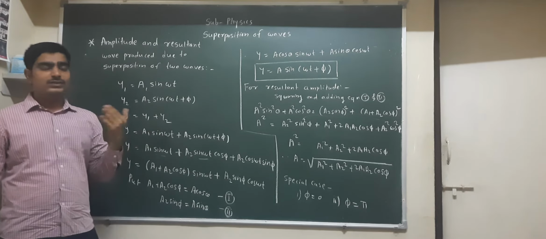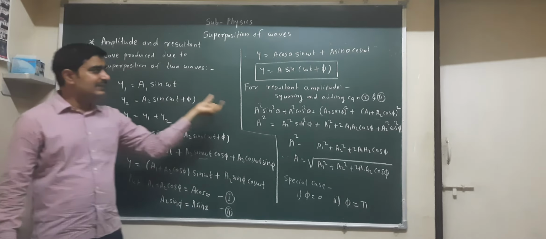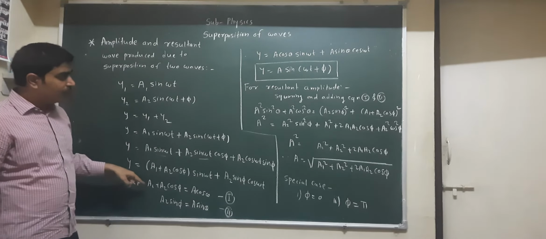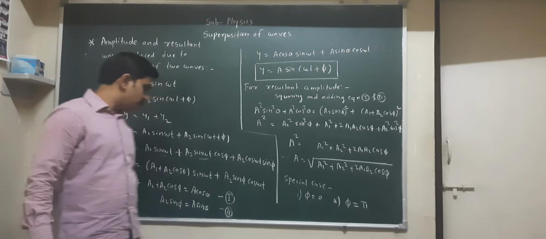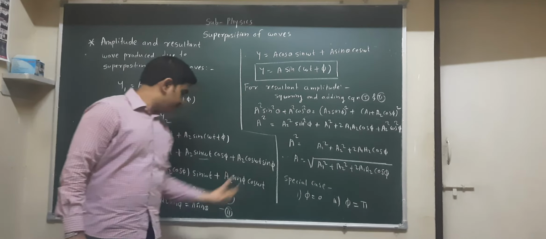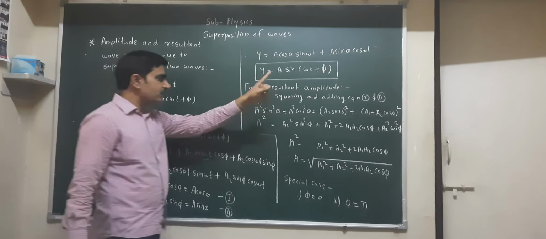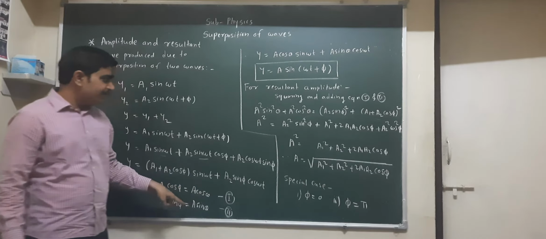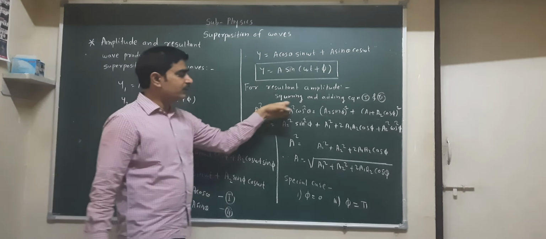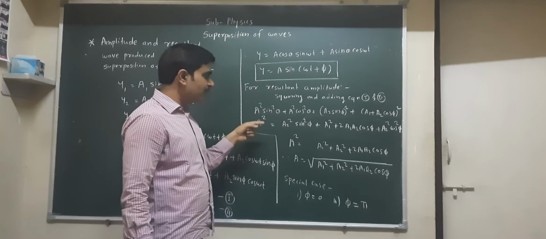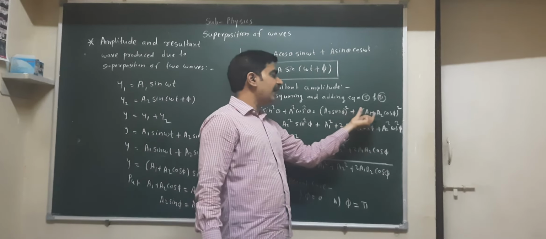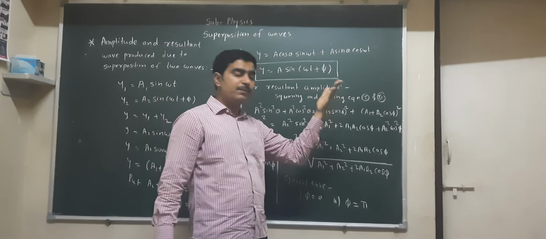Friends, next we are going to find the equation for the resultant amplitude. So squaring and adding equation 1 and 2. So (a1 plus a2 cos phi) squared plus (a2 sin phi) squared, and here A squared sin squared theta plus A squared cos squared theta. So sin squared theta plus cos squared theta is 1, so we get A squared, and here a2 squared sin squared phi plus, using (a plus b) squared equals a squared plus 2ab plus b squared,